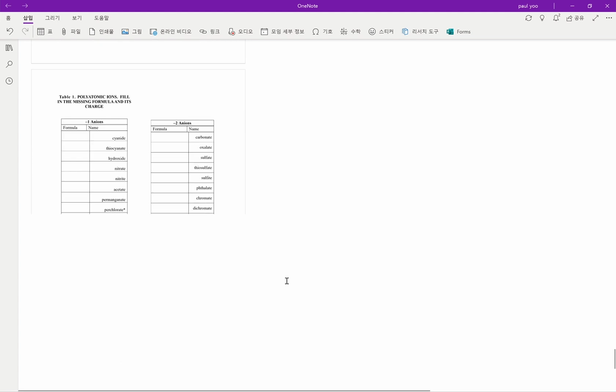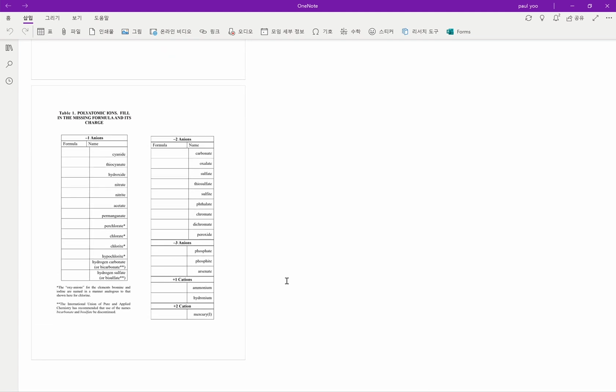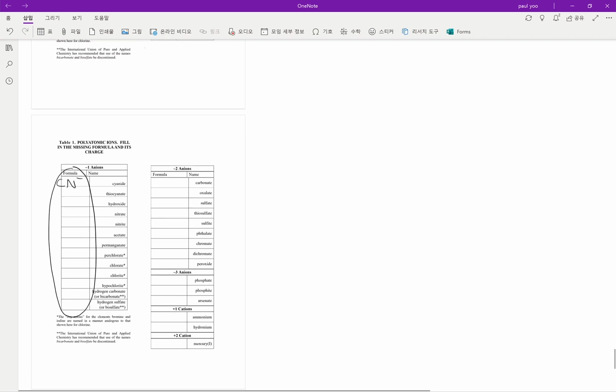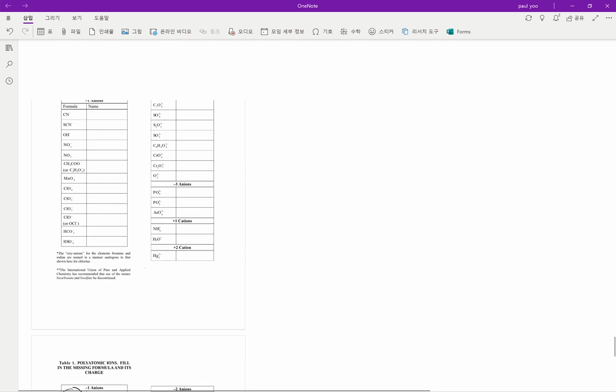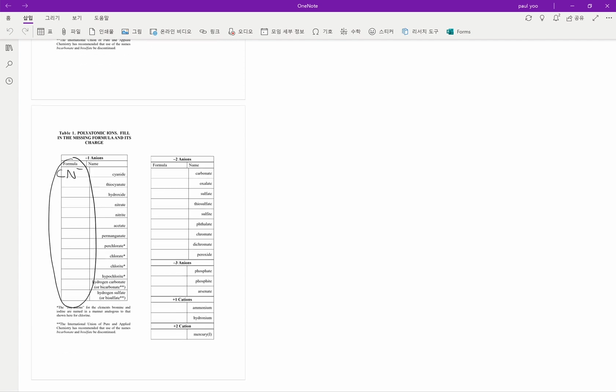Actually, these are not the keys. These are the names. Then you're supposed to write down the formulas right here. And the formula for cyanide is CN-, something like that. You're supposed to fill those in. I'll give you another 10 seconds. Keep in mind that these actually match to those, so you can simply check the answers on your own in order. 5, 4, 3, 2,